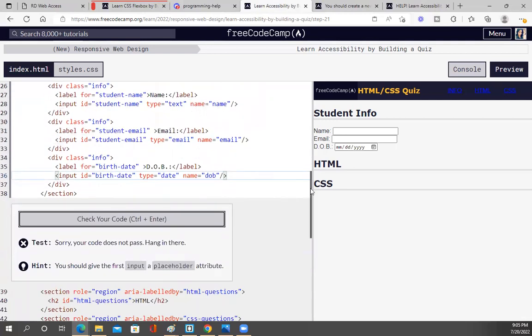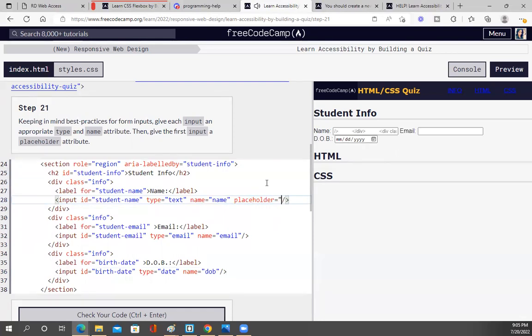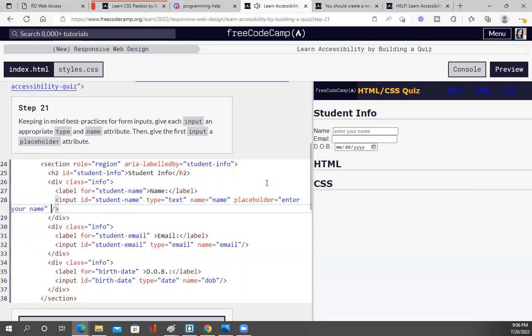A placeholder. Oh, that's right. Okay, so the input needs a placeholder, you guys. And that'll be, I don't know, enter your name. Yeah. This one will be,